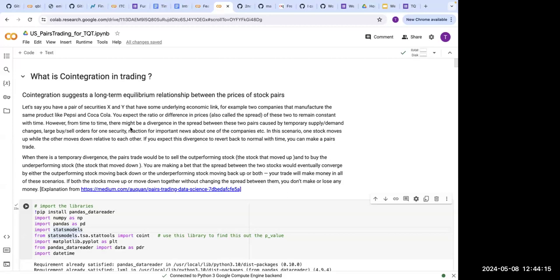All the products they make are similar. So you can expect that their earnings as well as stock movements should be similar, given there's nothing specific to that one specific company, right? So the difference now in these prices of stocks, as we learned, is called spread.